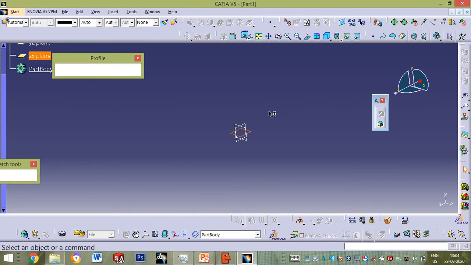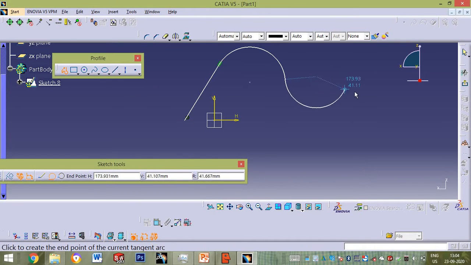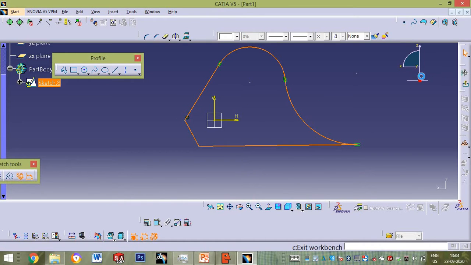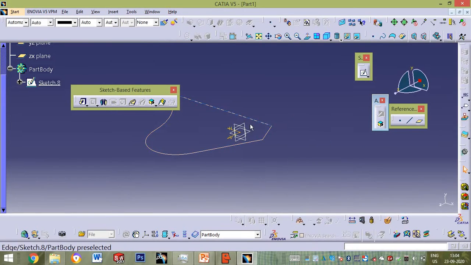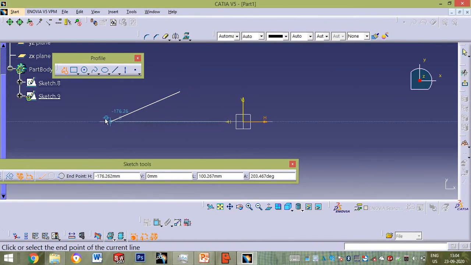Solid combine, as the name suggests, is a combination of two profiles. I will create two closed profiles in perpendicular planes. This is one of the sketches. I will create one more sketch in a perpendicular plane. You should know that there should be an intersection between profile 1 and profile 2.